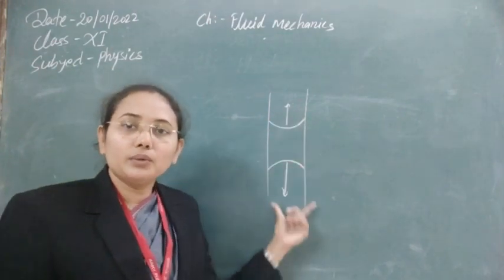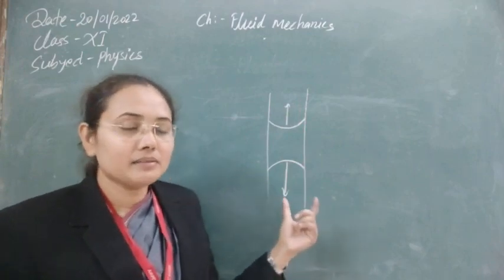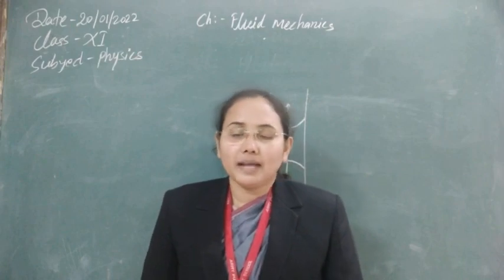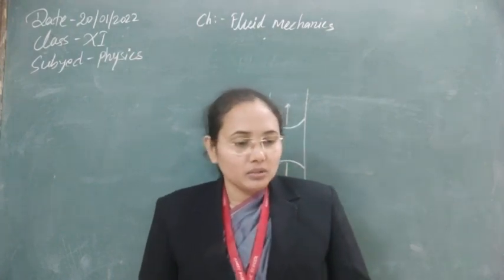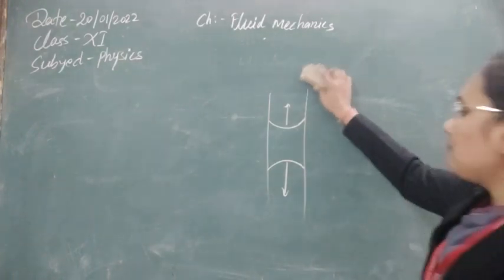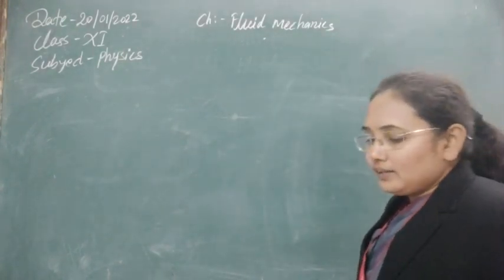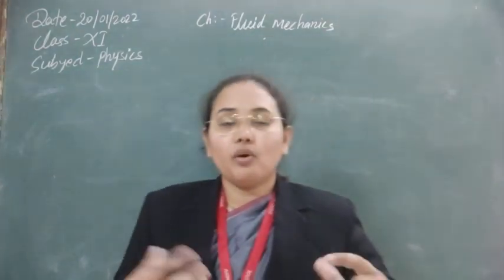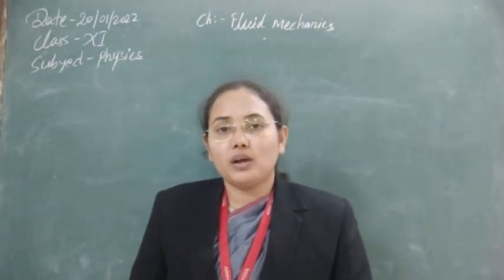And this fine tube that we are seeing, whose length is very long in comparison to its breadth, is known as a capillary tube. There are a number of natural examples of capillary tubes, like the capillaries in plants, which help send water to all parts of the trees or plants.